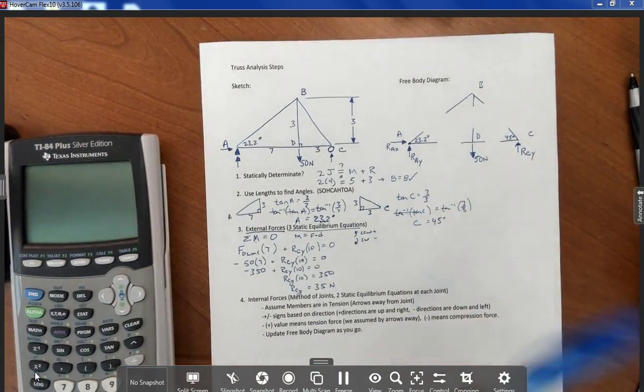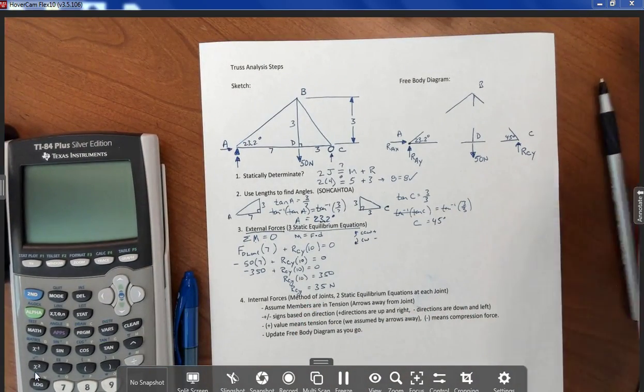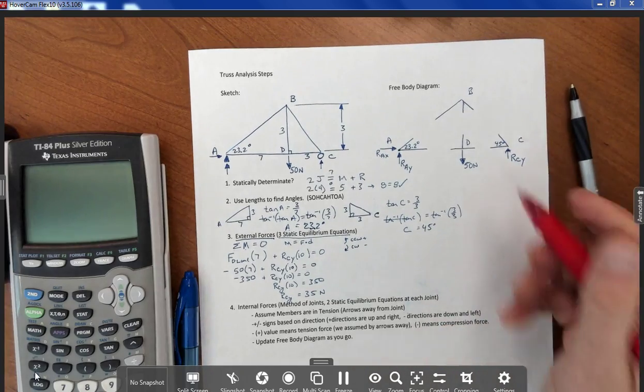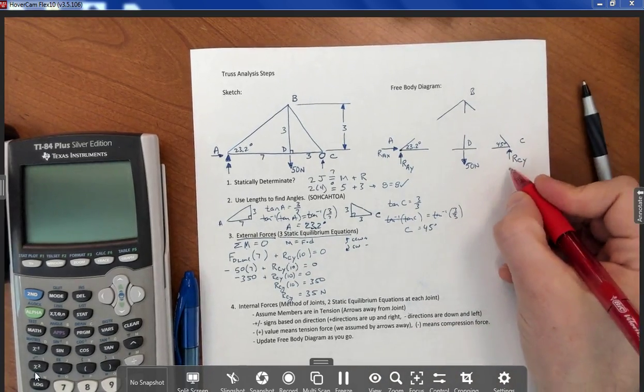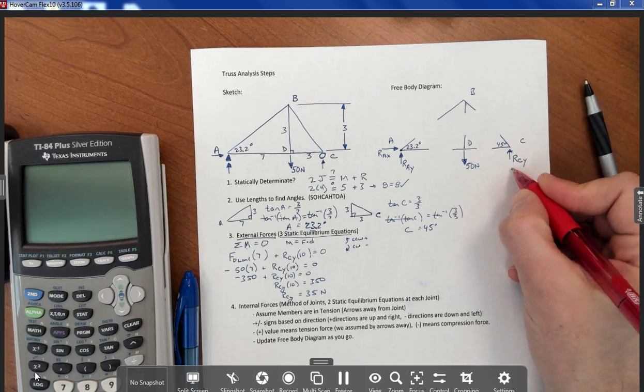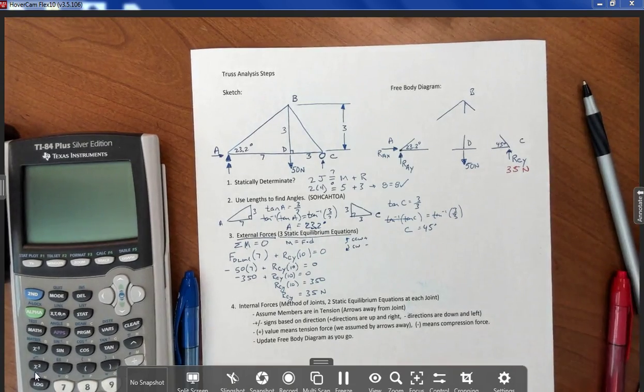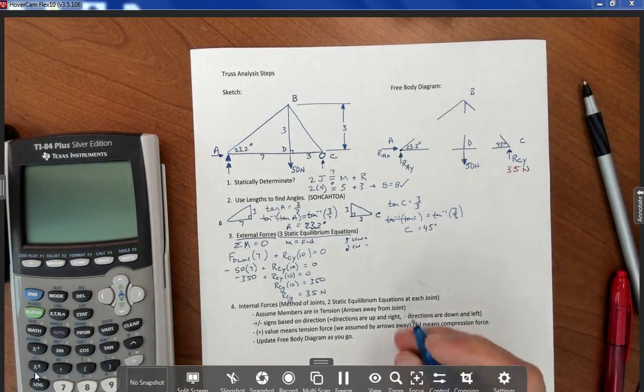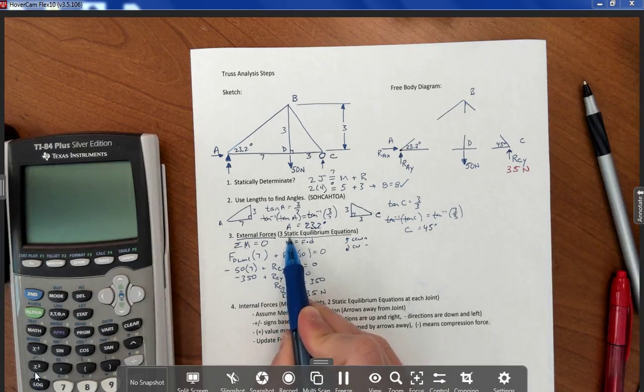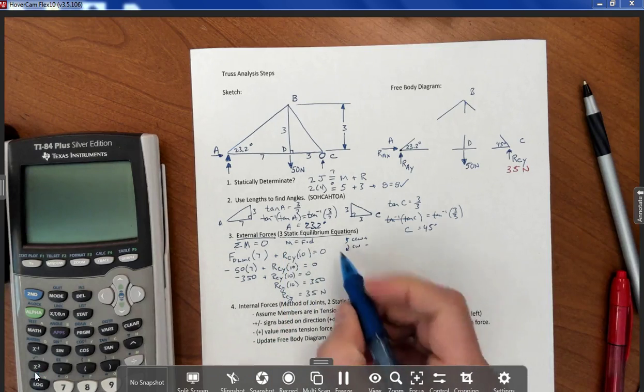For that reaction force. And as I solve here, I'm going to come in a different color and update my free body diagram with information that I've found. So this is now 35 newtons, that reaction force. Okay? So that's one of our three static equilibrium equations. The next one